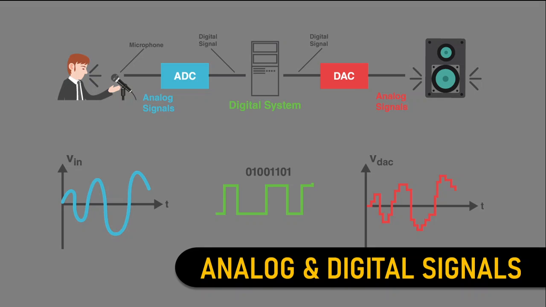So therefore this is the whole process of converting analog to digital and digital to analog, the process which works behind all the modern electronic equipment, automatic equipment, that we as a world interact with. So therefore, to understand this, first we need to understand what are analog and digital signals. So let us study what are analog and digital signals.